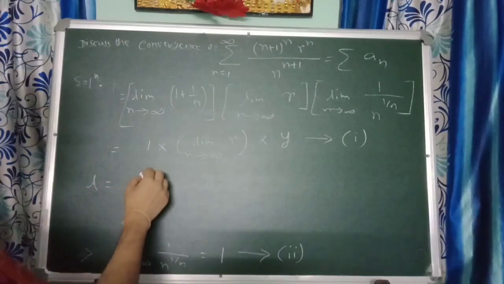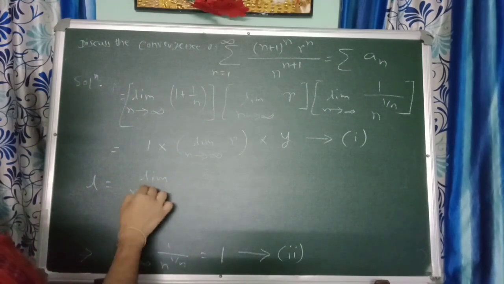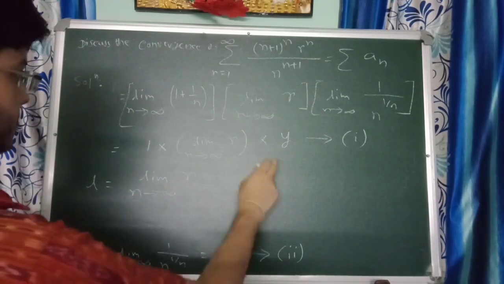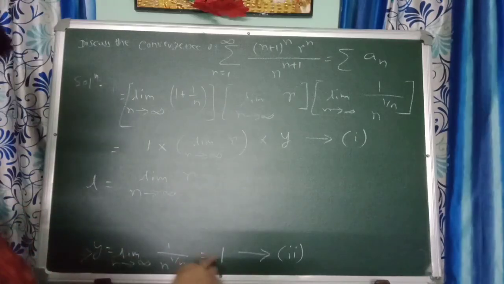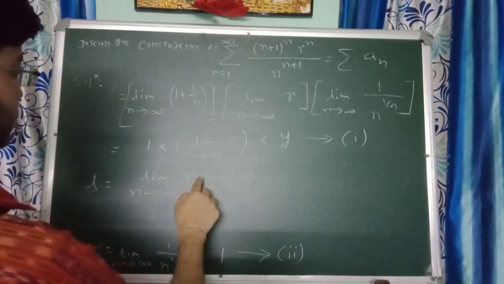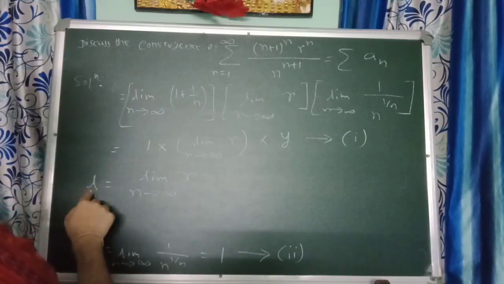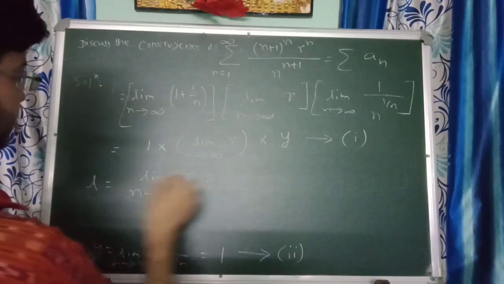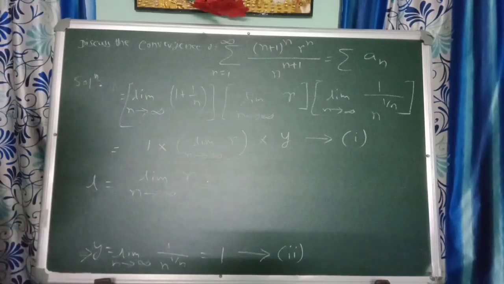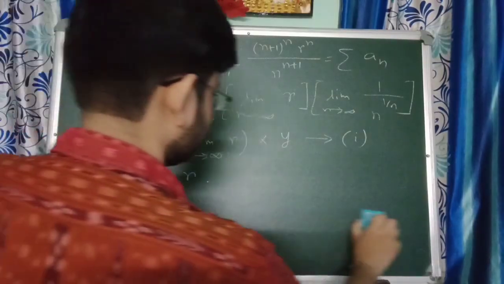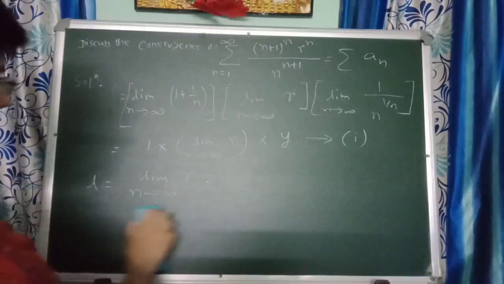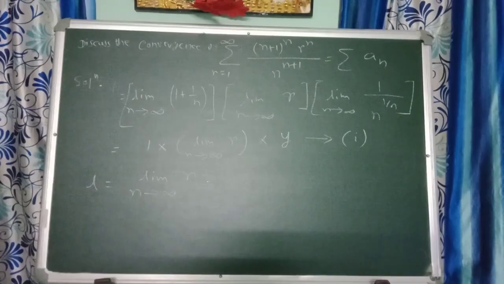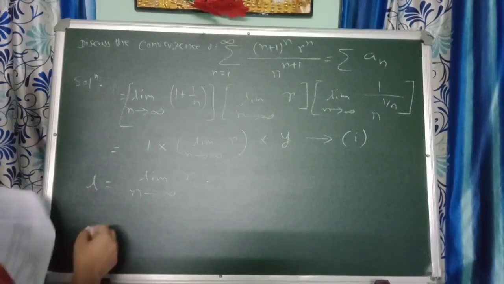L equals limit n tending to infinity r, and this becomes, since y is 1, finally we have L equals limit n tending to infinity r. So depending on the values of r, the value of L changes. Now